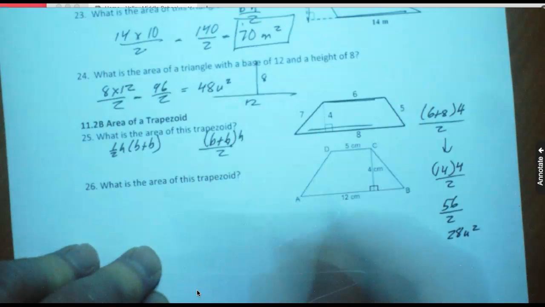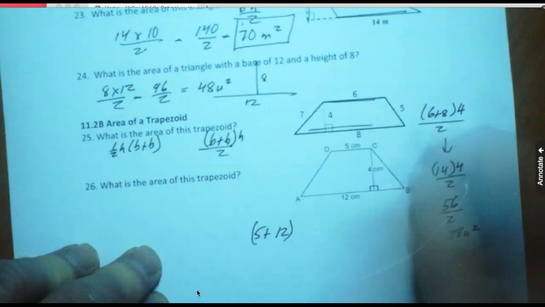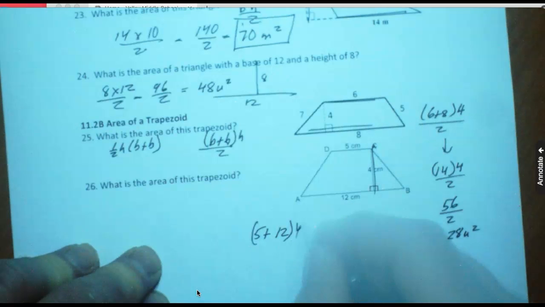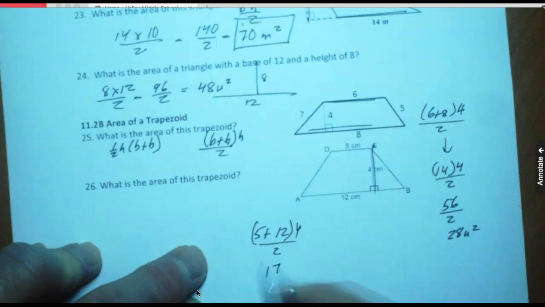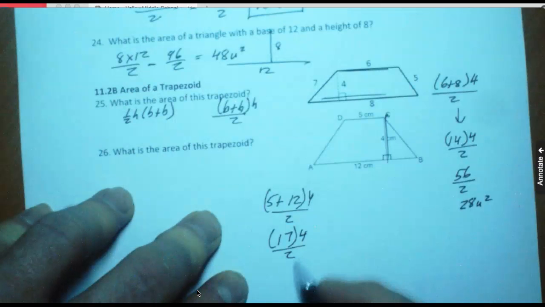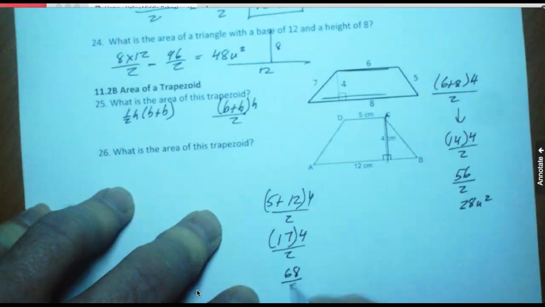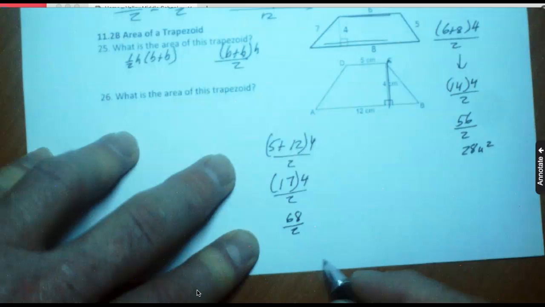Do the same thing for this one. What's the area of this trapezoid? So here the base is 5 plus 12. Multiply it by the height, which is 4. Divide the whole thing by 2. So 5 plus 12 is 17 times 4. Divide that out by 2. 17 times 4 is 68. Divide that all by 2. 68 divided by 2 is